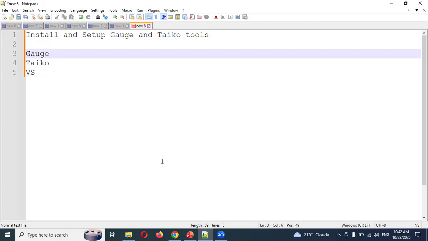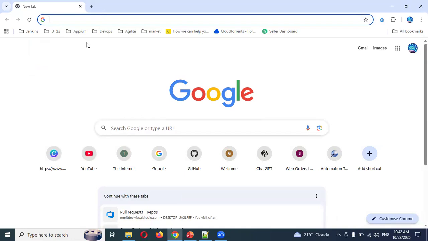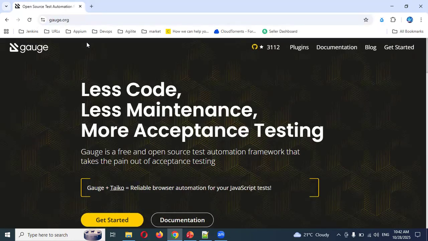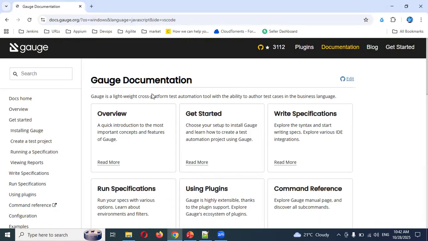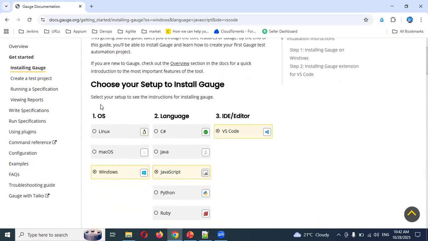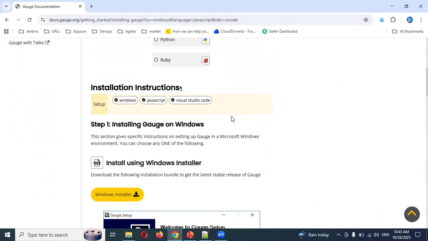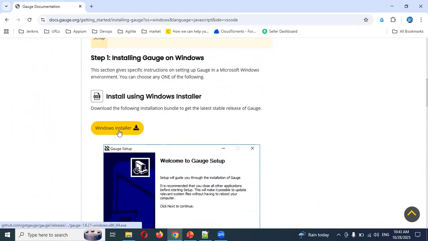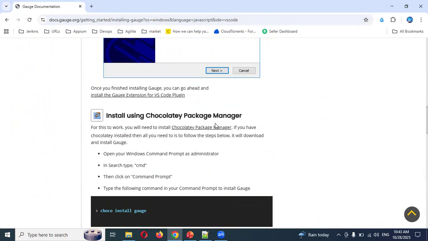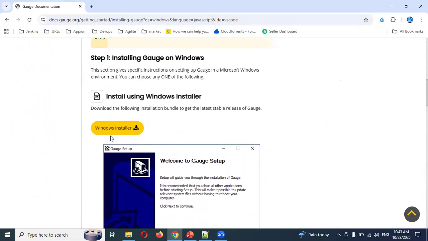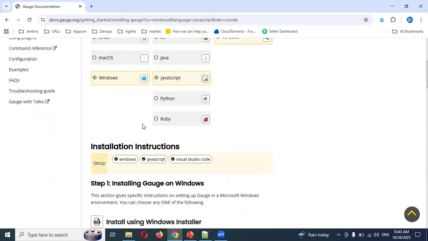For Gauge, if you search for gauge.org, it comes to here. Click on documentation, and here there is an installation section. Click on here and you can see, choose the setup which you basically need. Based on Windows, the exe will come. Then click on here, and it will give you the installation setup. Once you download the specific file,